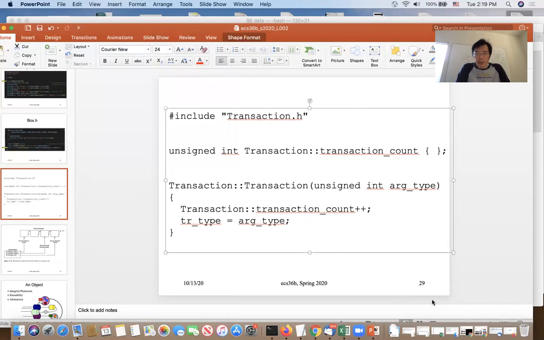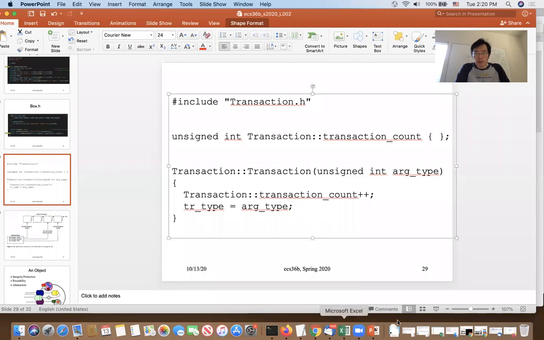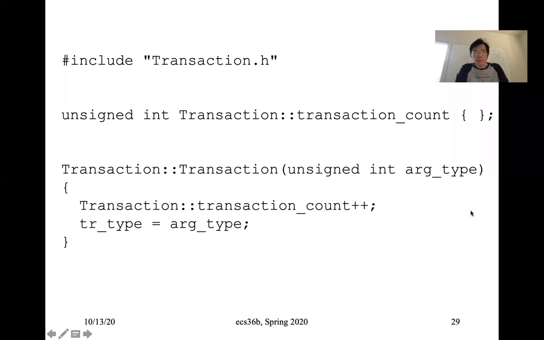Okay, I'm going to explain this piece of code here, the constructor. So this is the first few lines of the code from transaction.cpp. And the first line you're probably familiar with is already in there, transaction.h, you have to include it. And also the third line, fourth line, fifth line, sixth line, that part is basically just adding